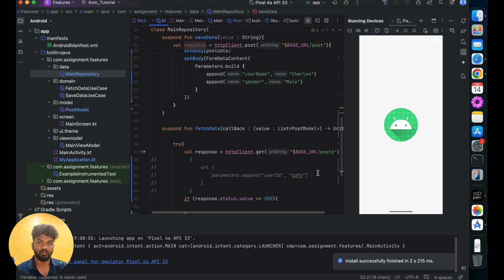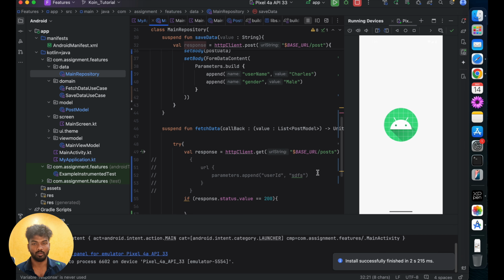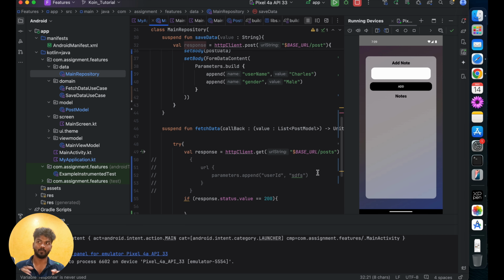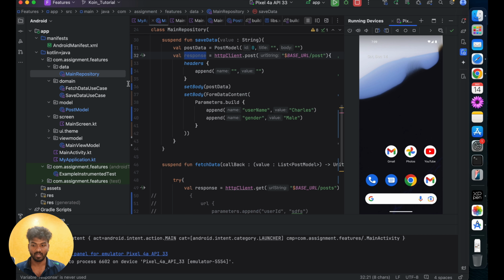I will explain how it differs from Retrofit. Performance wise it will be the same. There is no big difference between how Retrofit and the HTTP client differ. Performance wise it will be the same, but usage wise and implementation wise, Retrofit will be a little easier if we are using anything related to